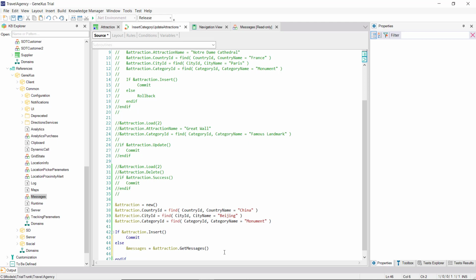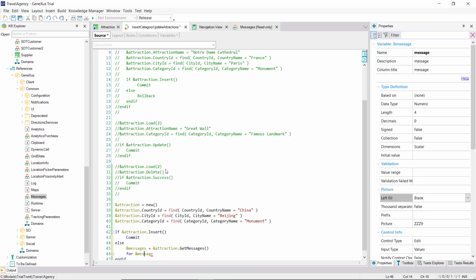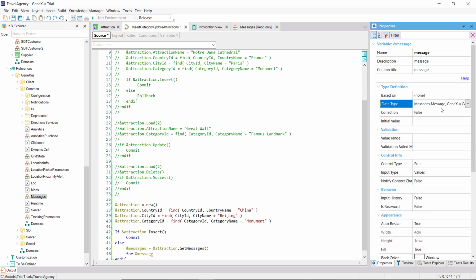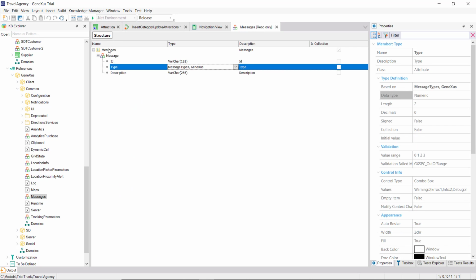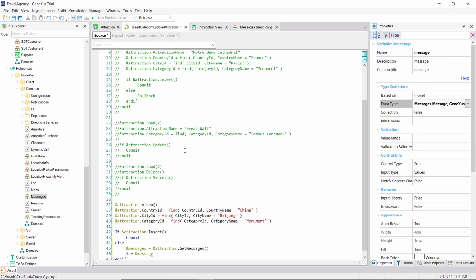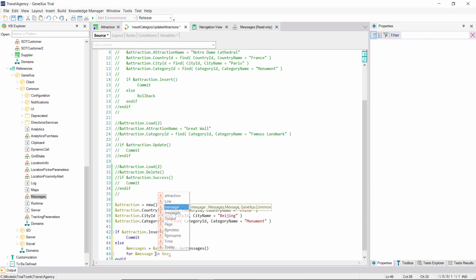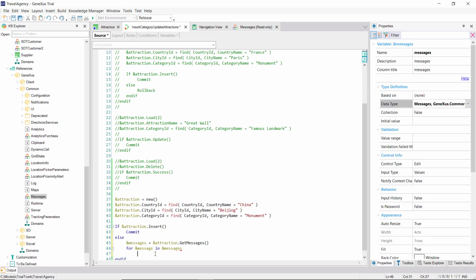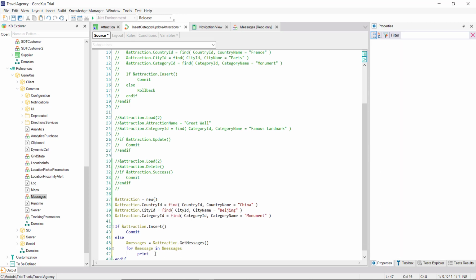We'll run through the collection of messages generated with the forIn command, which allows running through collections, among other things. For this, we'll define a variable of the data type of the message collection items. And for every message of that collection, we print it in the output.